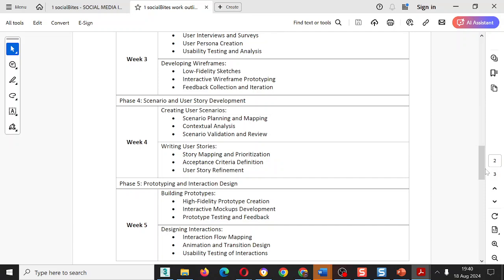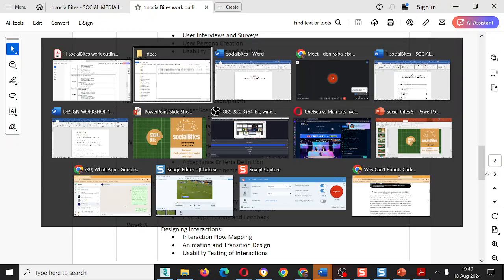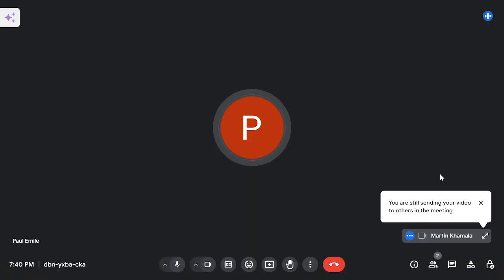I'm trying to share this PDF on the entire screen. I don't know why I'm getting challenges. Are you using the PDF reader, or which? No, I've opened it on Chrome. Do you have a PDF reader on your computer? Yes, I have it. Open the PDF reader and then open that file through the PDF reader.